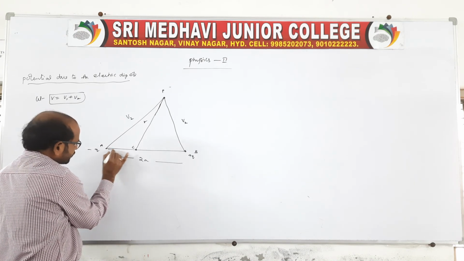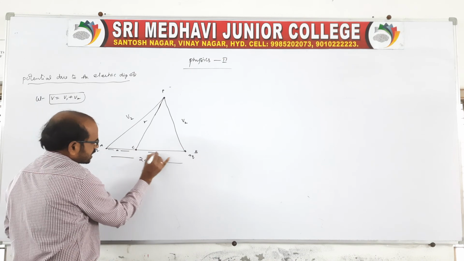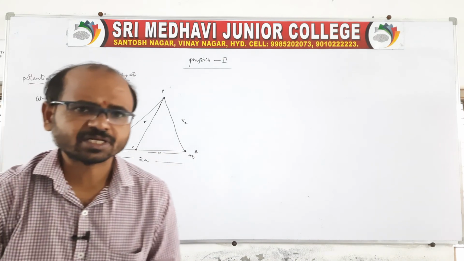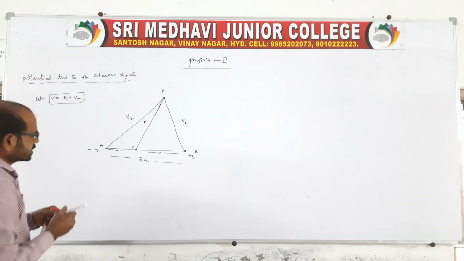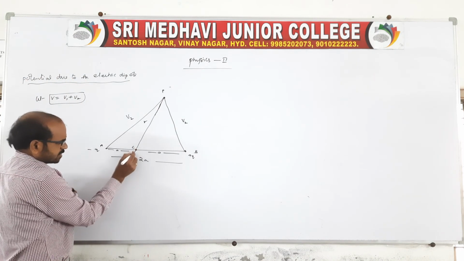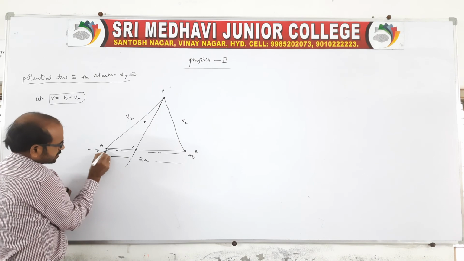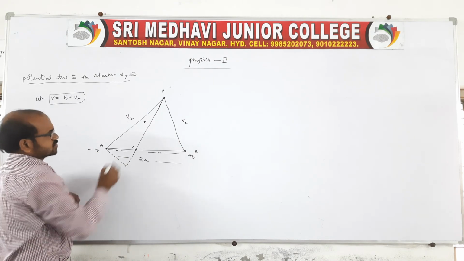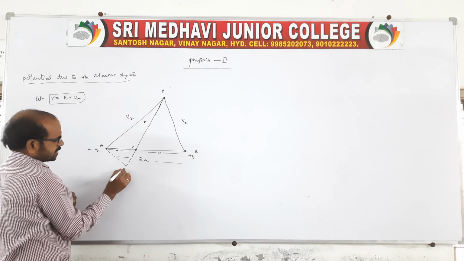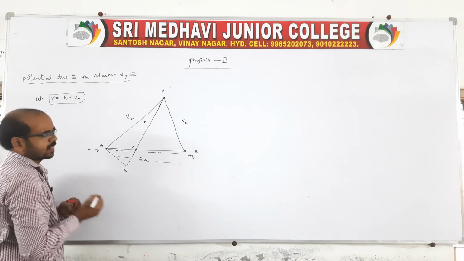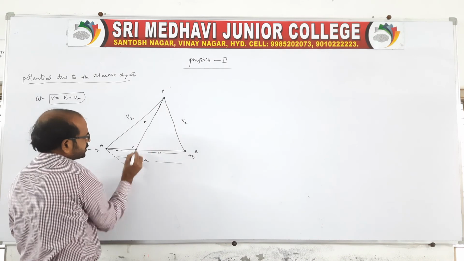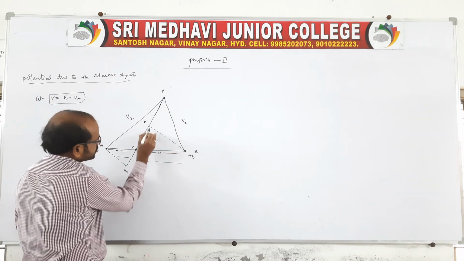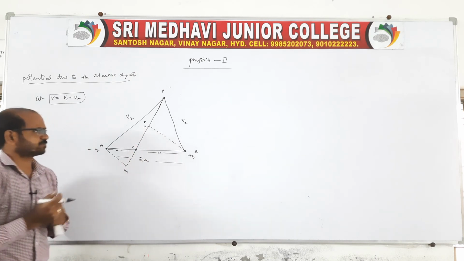From the center, this distance is A and this is also A. There is a simple explanation related to this. Let us extend at this point, and draw a line like this, so that it is P. Call this line M. From P to C, you draw a foot of perpendicular onto the line like this, and call this point N.